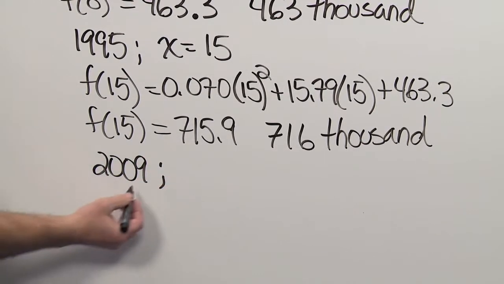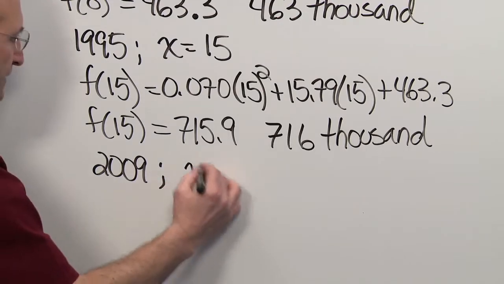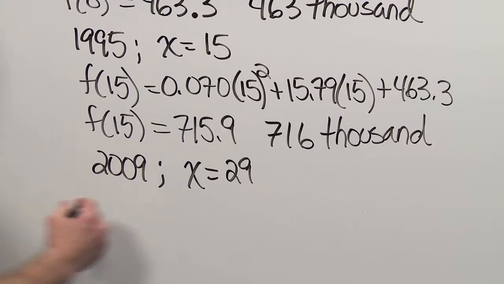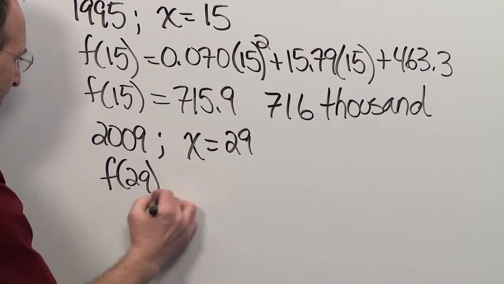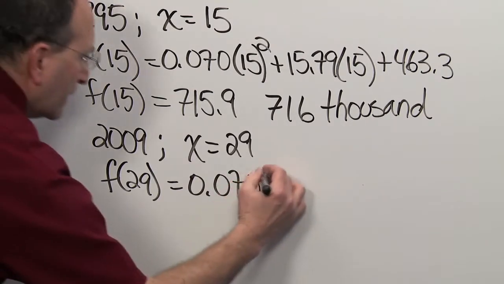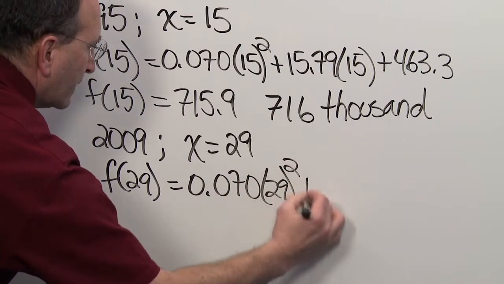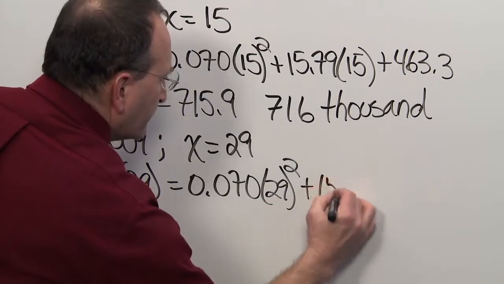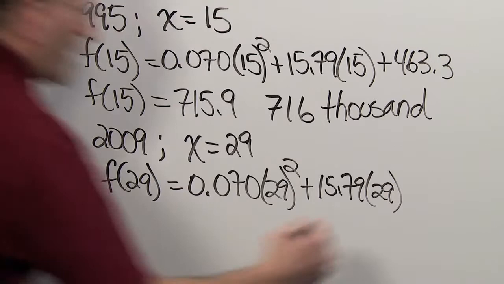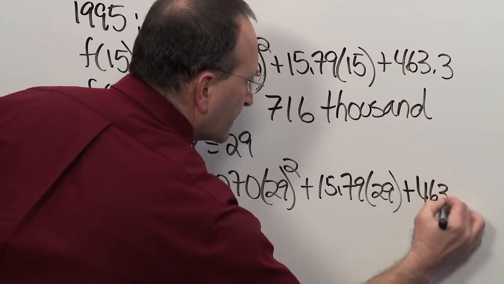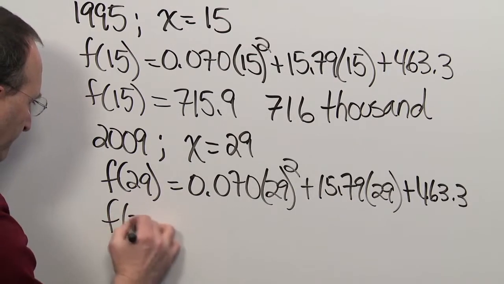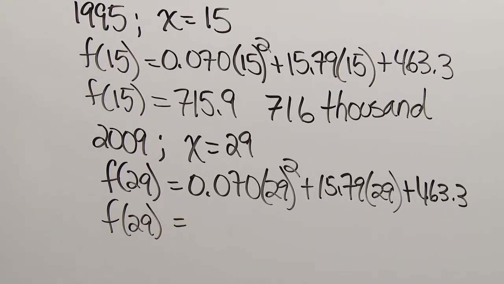And now for the year 2009. We subtract 1980, that gives us x equals 29. We now evaluate f of 29, which means we have 0.070 times 29 squared plus 15.79 times 29 plus the 463.3. Again, using a calculator to evaluate that, we would find that f of 29 is equal to